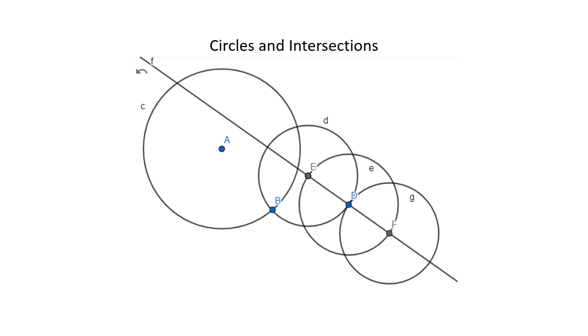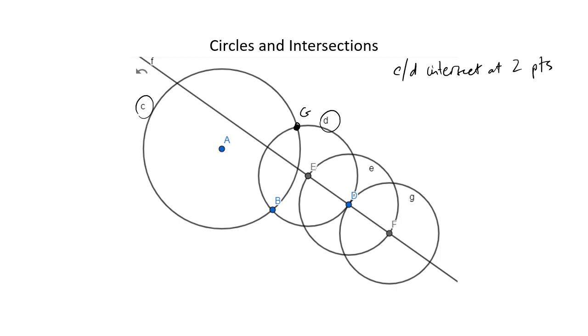Okay, so the book talks about intersections of circles, and I want to go into this in a little bit more detail. So I have a figure here with some figures. So we can see figure C and D, these two circles, that they intersect at 2 points. So they intersect at point B here, and then this point doesn't have a label, we'll call it G. So we can see that C and D intersect at